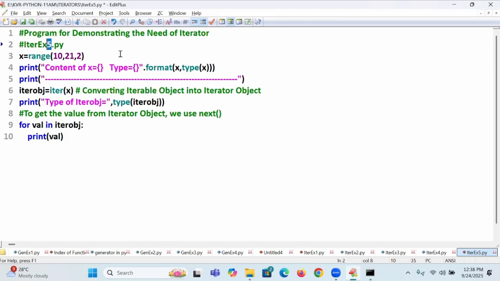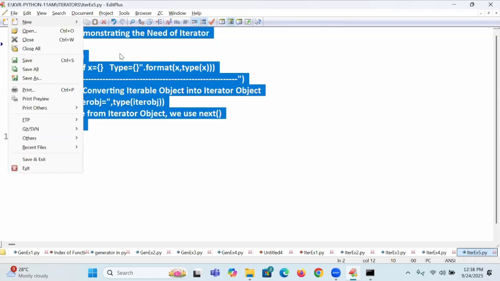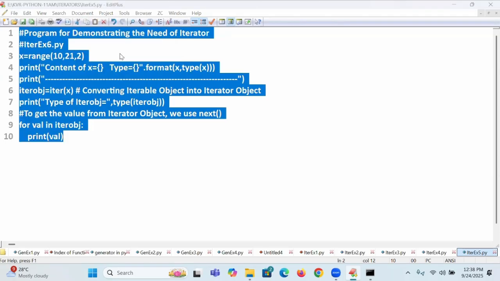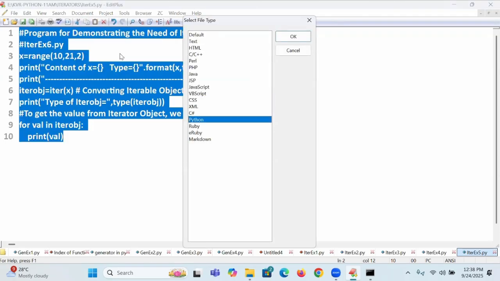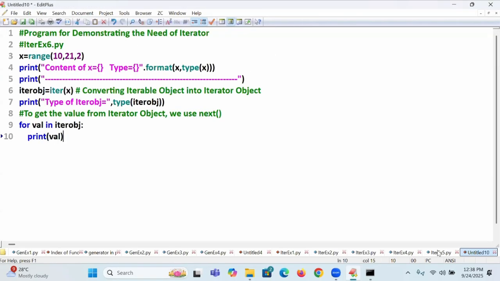What is the type? Range. What is the type? Range iterator. What are the values coming? The values only on demand. Okay, not this place. I want to go to the new place. I modified here only. Here I will go to it. So I will get it as it is to the original place only.